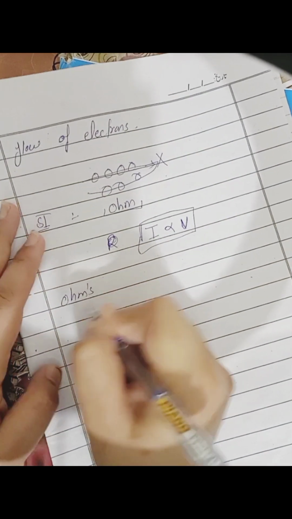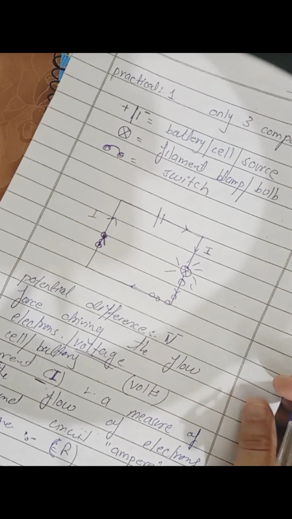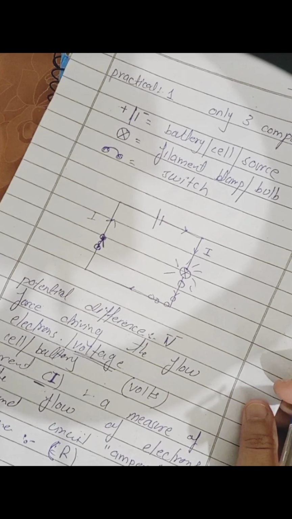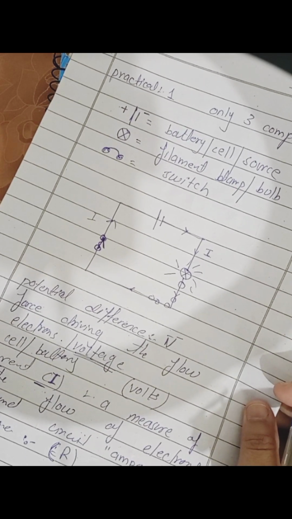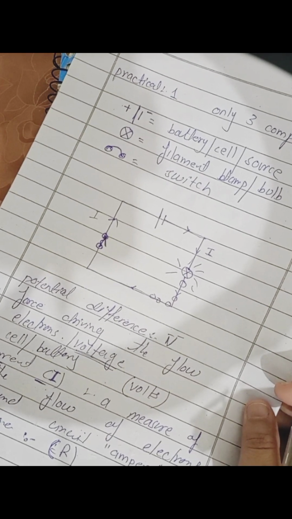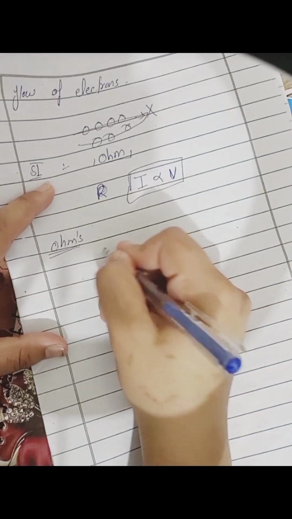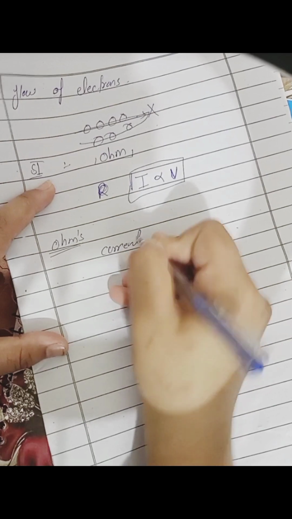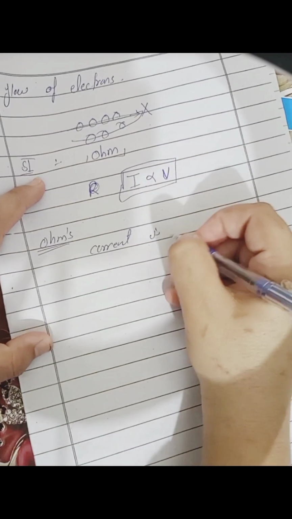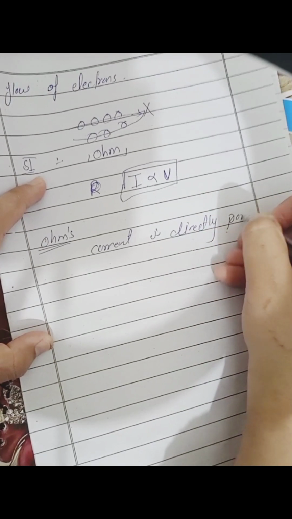So we put Ohm's law in a circuit. If an object shows an ohmic relation, that circuit belongs to the ohmic group. If they don't, they are non-ohmic. And what is Ohm's law? The current is directly proportional to